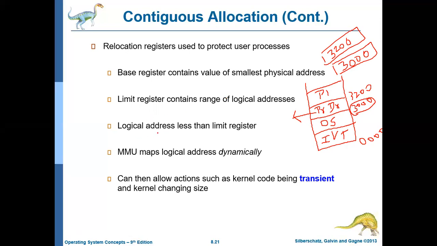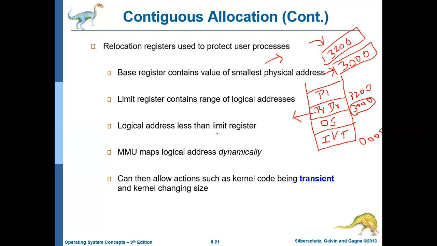Logical address you need not change, because logical address is the relative address. It is relative to the base address, right? So the CPU does not do anything else. CPU will always create a logical address, and that logical address will be compared whether it is less than the content of the limit register, and then just added with the base register. If the print driver is there, the logical address will be added with 3200. If the print driver is not there, the logical address will be added with 3000.